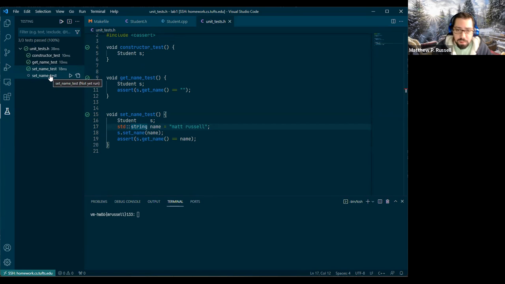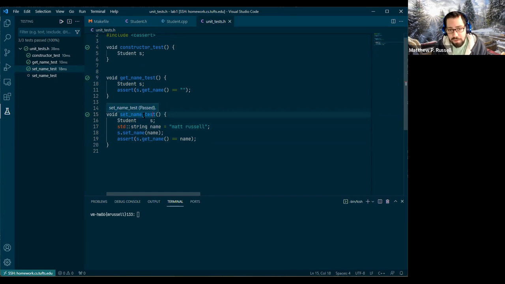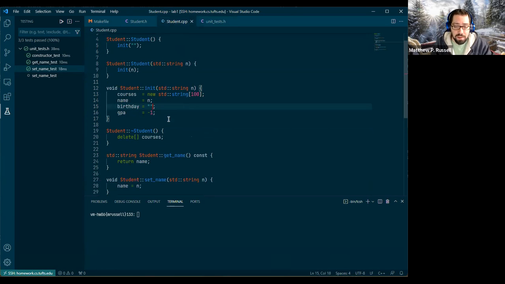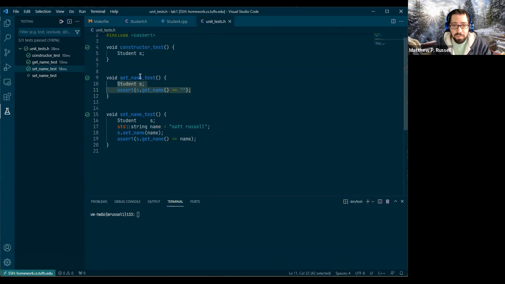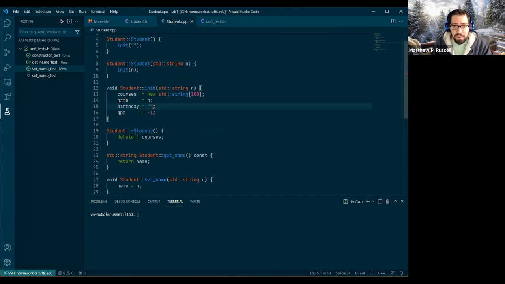Anyway, so you'll notice that I'm using the getName function in the setName test, but this is totally okay. The key thing for writing these tests is just that they're as precise in their scope as you can be, so that when you find an error, you're pretty sure it came from setName. We have a test for getName. We basically trust that test. And you know, this function is relatively trivial, right? But having a test for it is good. Okay. We could also,